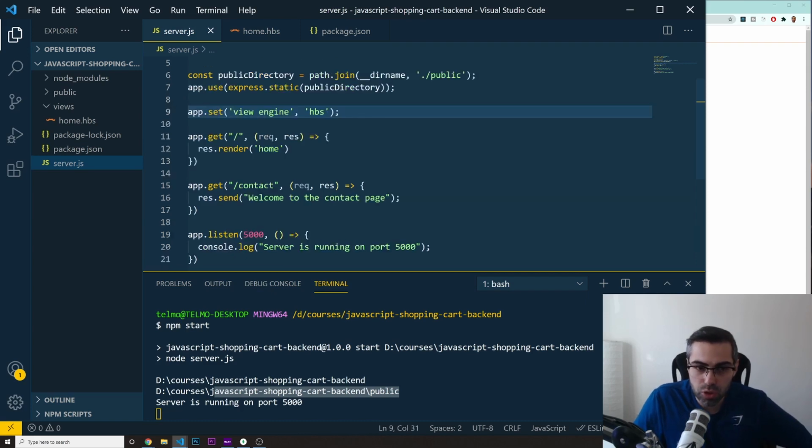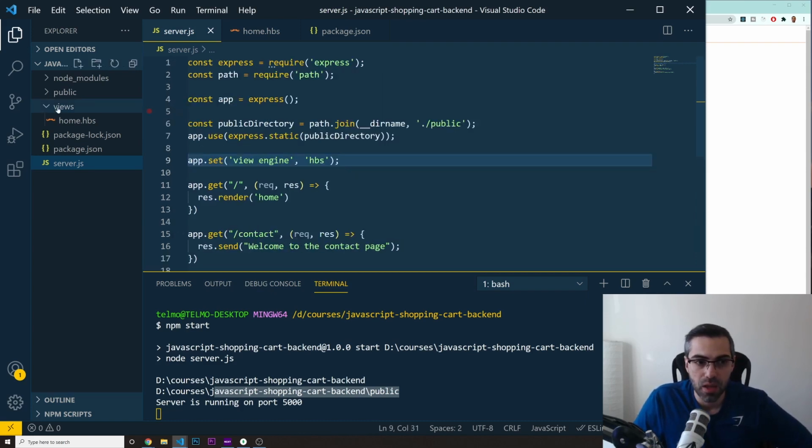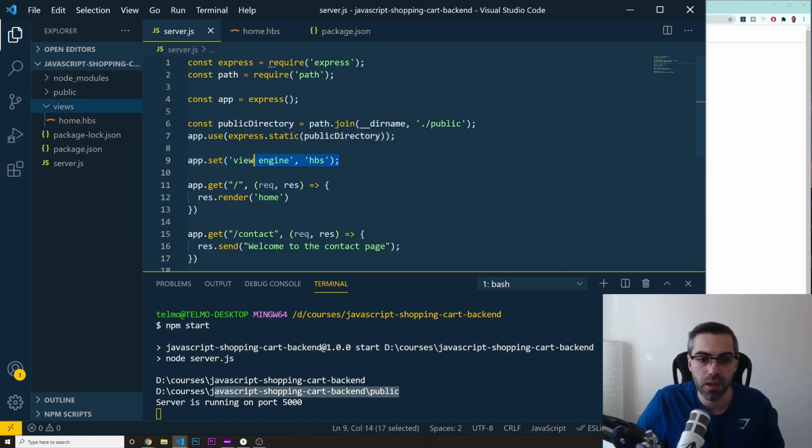One thing that I forgot to mention is that to use handlebars, by default it is looking for this views folder. Okay, so you need to create it with this name of views. If you give it some other name, it's not going to work. I forgot to mention this, guys. I think there's another way to do that, but you can just create it with views. It's going to work out of the box without having to do any extra configuration. Okay, so now that we got this